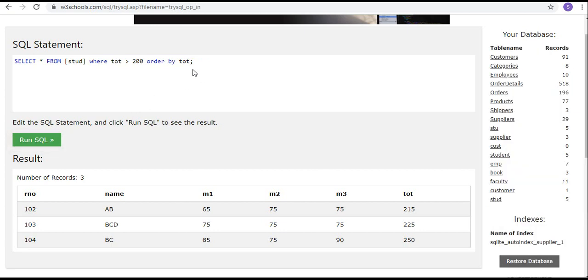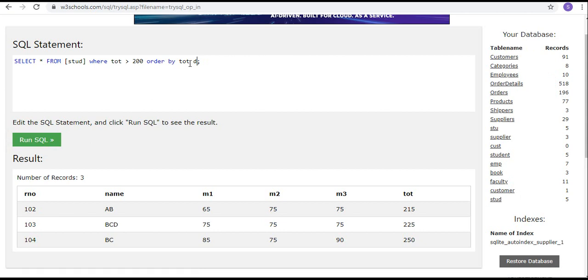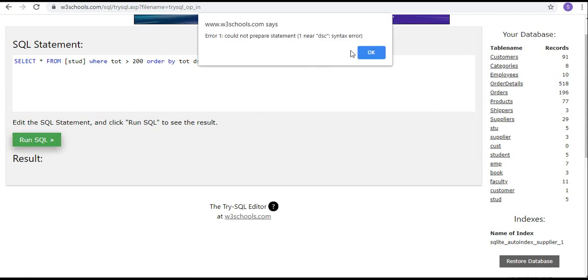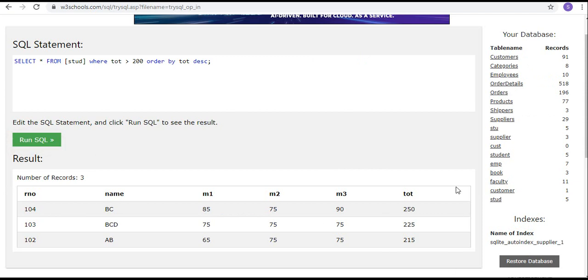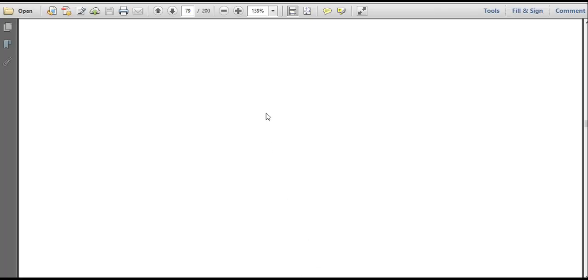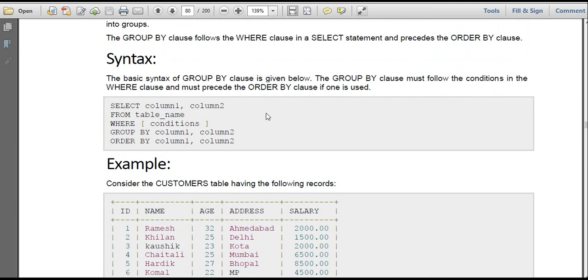If you want to display the data in descending order, you have to write DESC, not DSC, and it will be in descending order. So this is about order by clause. Okay, clear?